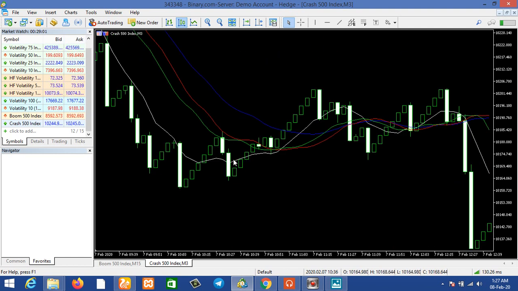Okay, so you can see the white moving average 9 crosses the green and the red right here. At this point, we're able to pick our 3-minute candle. So let's say at the point of the white crossing the green, we are here. So we entered 1, 2, 3. Then we pick another 3 again. So that is 16 in 4 places, making